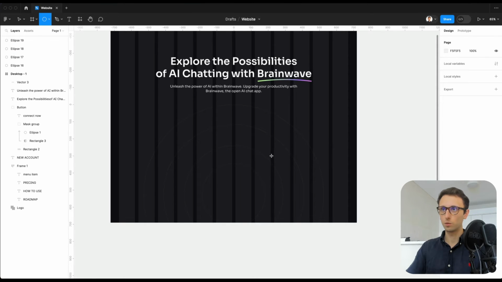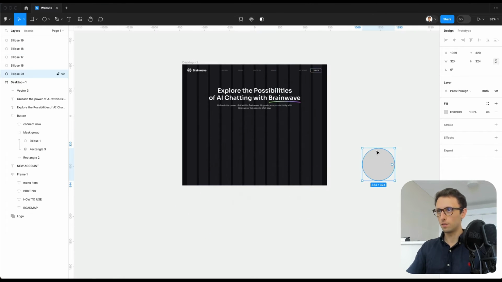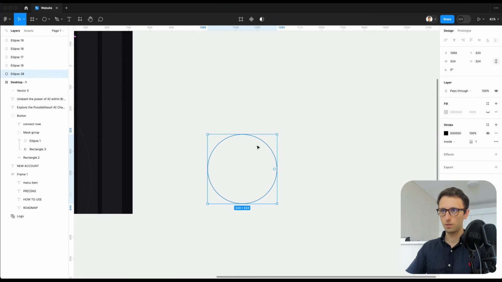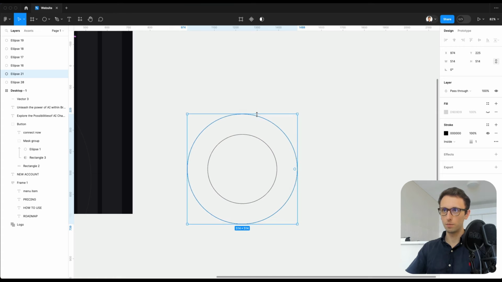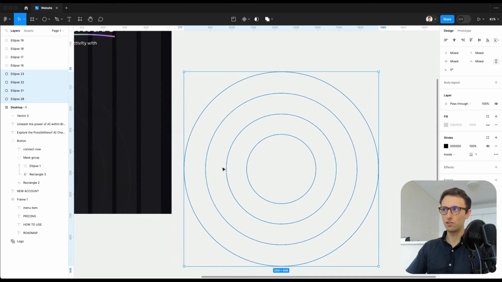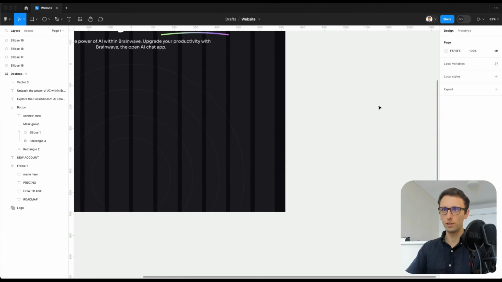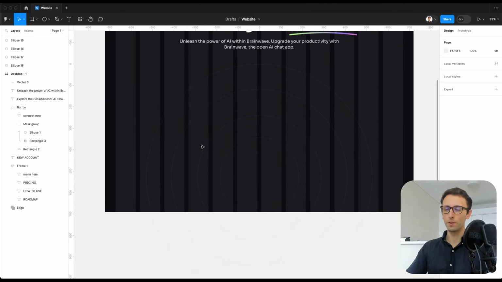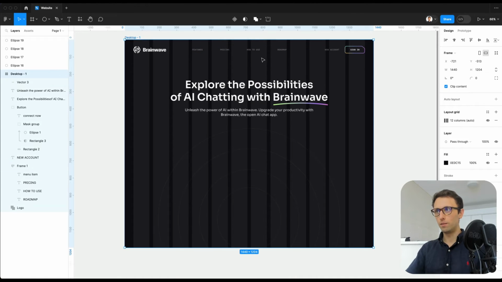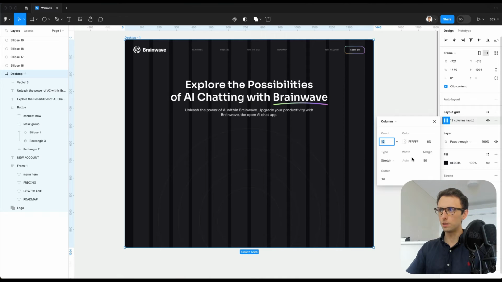Essentially this is very simple to do. So we go and create an ellipse, and then change the stroke, copy it, make it bigger, copy it, make it bigger. You get the gist by now. And simply change the color to somewhat of a white color. So this is the base, and it's going to add some more visual interest to the composition as a whole. I'm going to reduce the